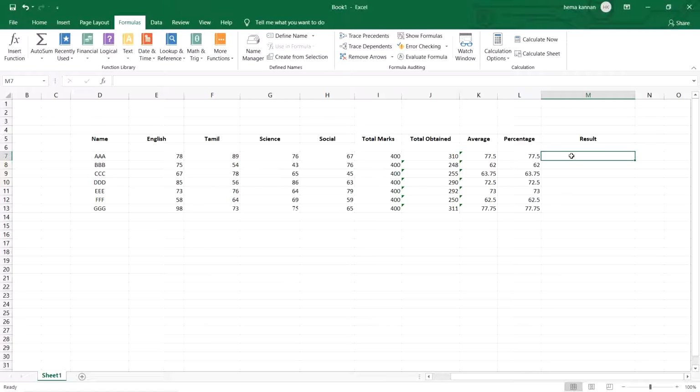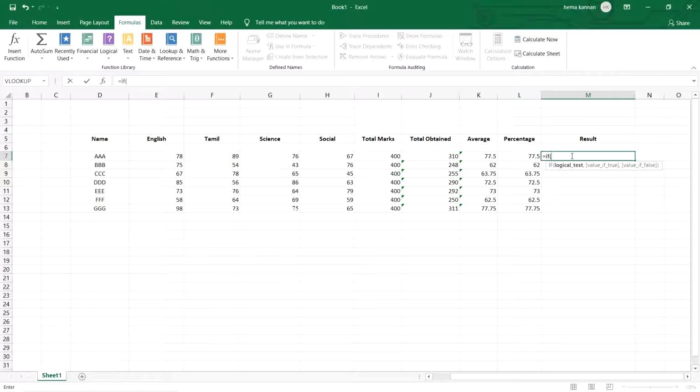That is the condition which I need to apply, and then calculate whether the student is pass or fail. Now I am going to use the IF condition. The IF condition should also be used in the same way as we used the sum. That is equal to IF.